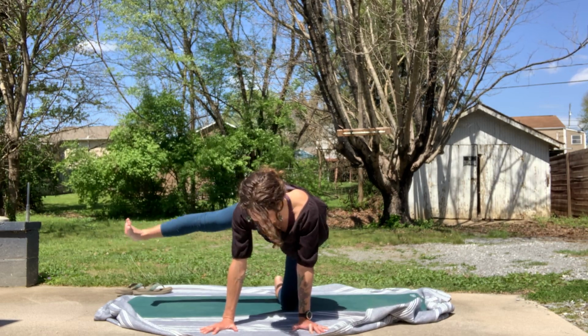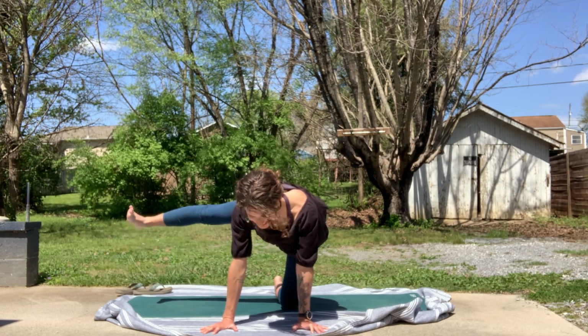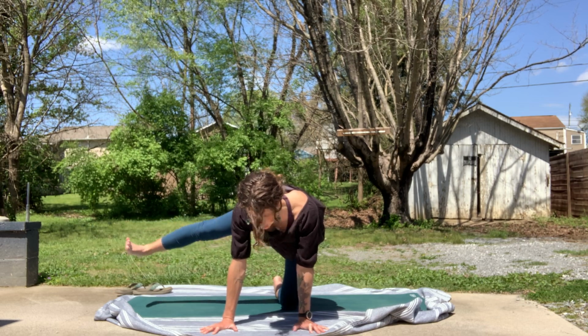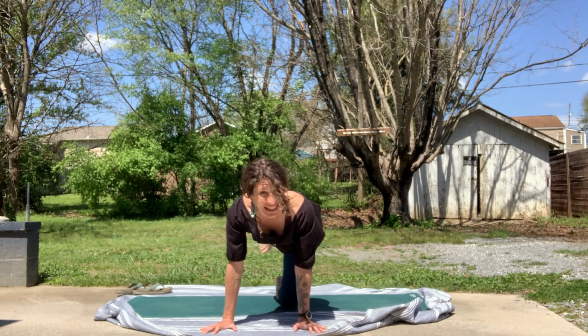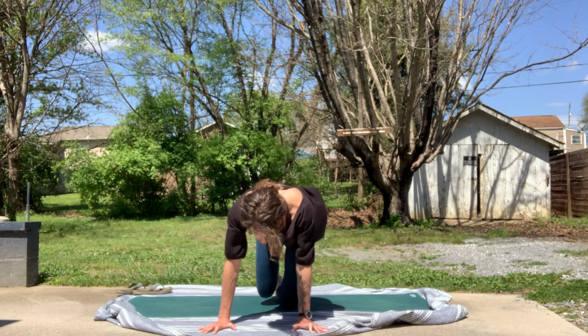Let's do 10, 9, 8, 7, 6. Release the upper traps. 5. So use the side body instead. 3, 2, 1. Sweep this right leg behind you, reach it back, and then bend the knee, scoop flexion into